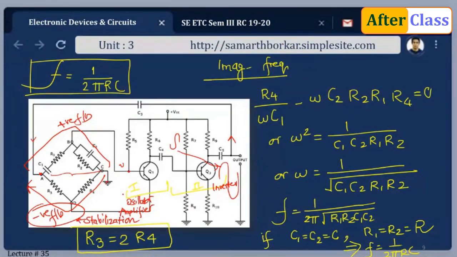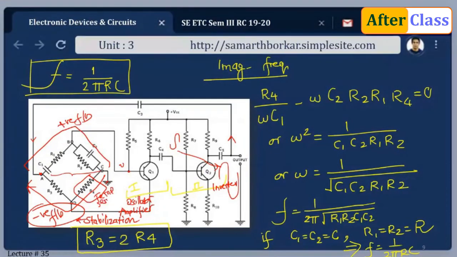R3 and R4. So the two transistors Q1 and Q2 provide me a total phase shift of 360 degrees, and it also ensures that we have a proper positive feedback. The negative feedback is provided by the circuit to ensure constant output over the range of frequency. Fine. We know what is the application of negative feedback. It provides a constant output. Now, this is more important. This has got a major role to play. R4. Fine. As I said, it is a temperature sensitive lamp.